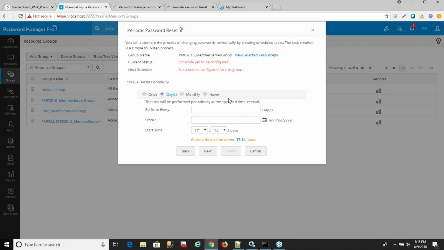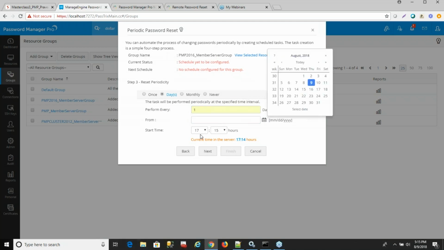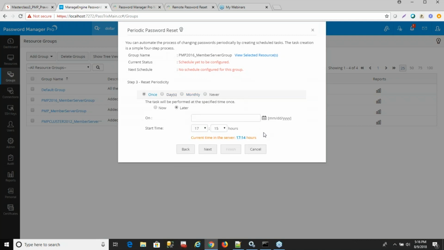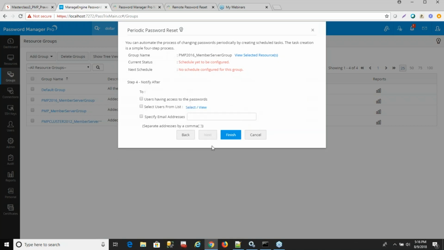Next comes the day. You can start performing the password reset every 30 days or every day, starting today at evening 5 o'clock or 5:15, whatever time you want, you can schedule it, and the password will be automatically reset. You can also go for a monthly schedule like this, or one time, either now or later. I will simply select monthly here, and the last screen is going to be the post password